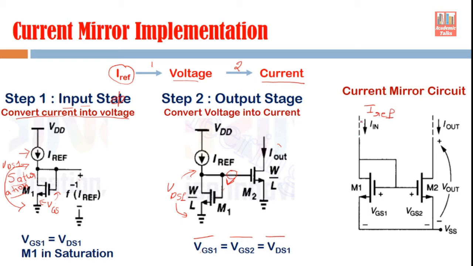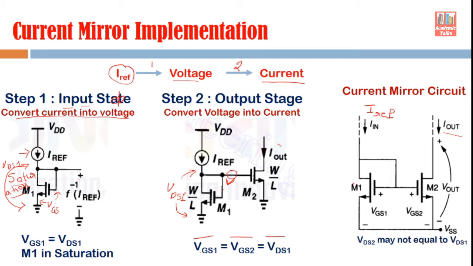So what is before this part is not shown here, because we don't know how this reference current is implemented. I told you in the beginning that there is a very complex circuit for obtaining the reference current. So we are not showing that circuit. We are interested just in that part which is making a copy of the reference current or input current. All this circuit which is used here is a copy circuit, and the output current is coming here. Now you have to remember several things about this.